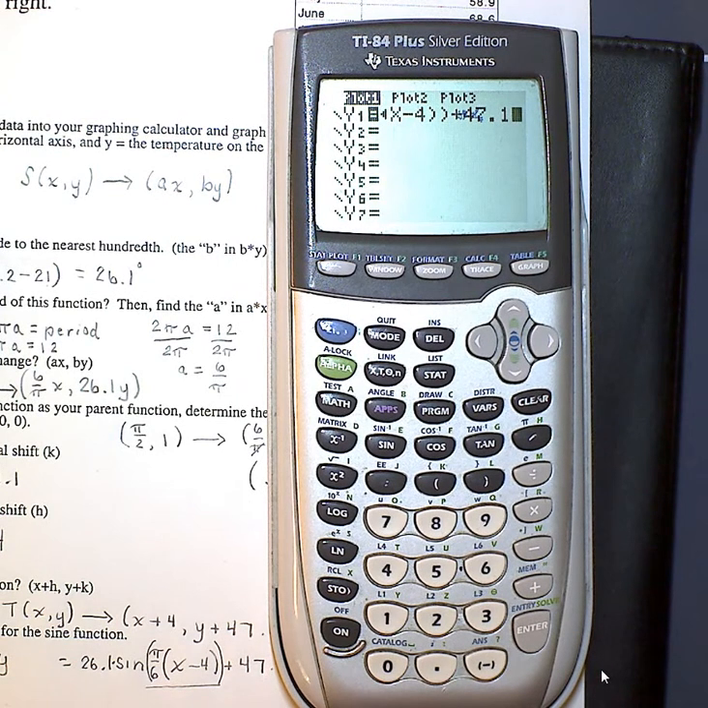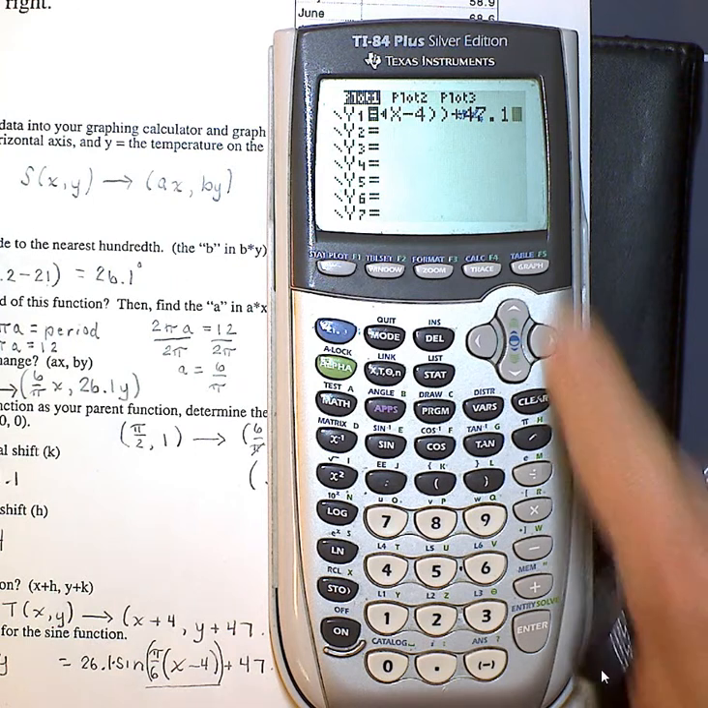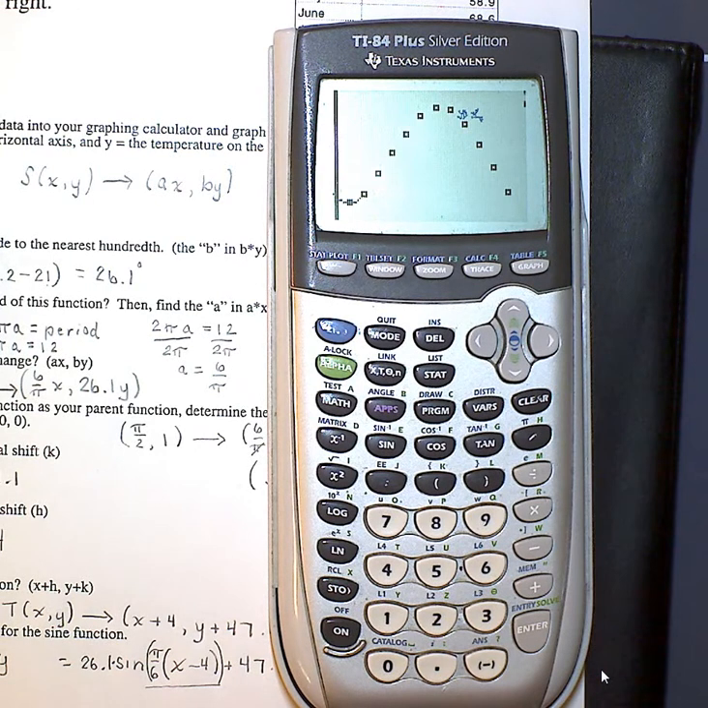Everybody good with that? Now our window's already set to fit the data, so it should be set to fit the equation as well, if we've done this correctly. So let's graph. See how we did. Are we good or what? Cool. So now we could use our model to make some predictions for what the temperature might be, say,